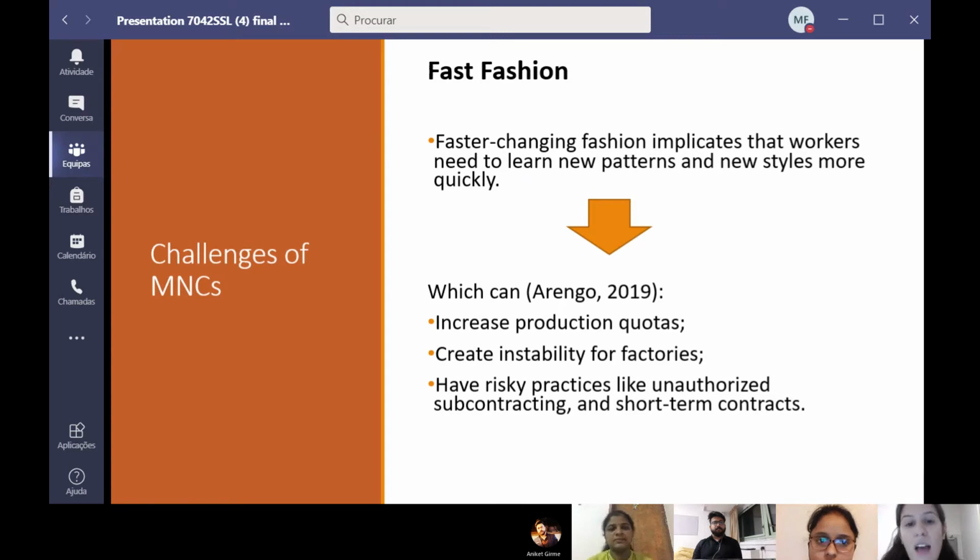Because of the high volatility of the seasons, there are increased pressures on workers to do overtime hours to meet production and shipping deadlines, and this can increase risky practices, like unauthorized subcontracting and short-term contracts. It can also create instability for factories because a brand will switch from one supplier to another to meet their demand. Increased production quotas